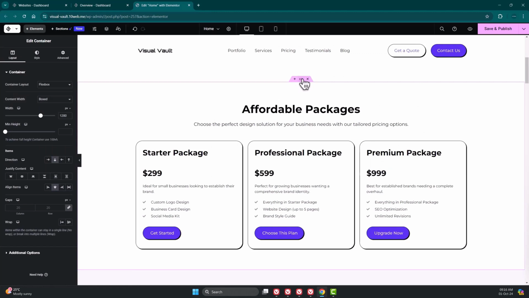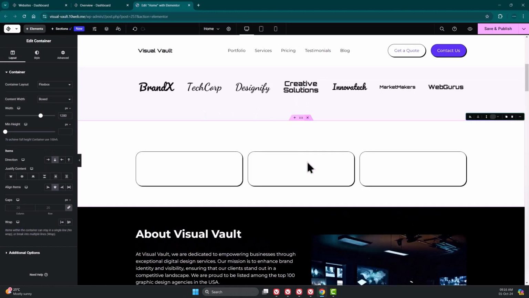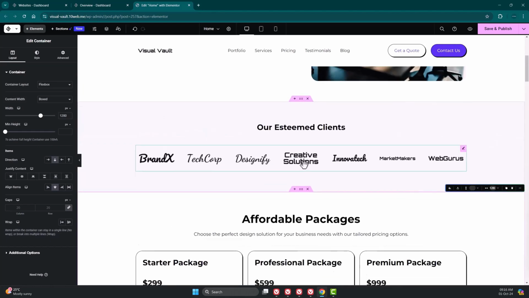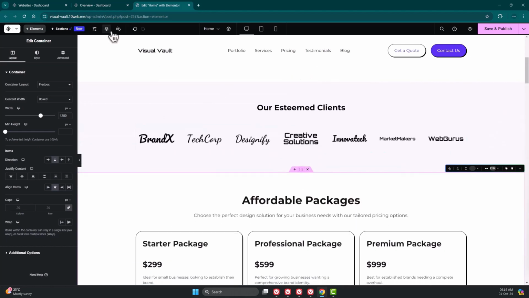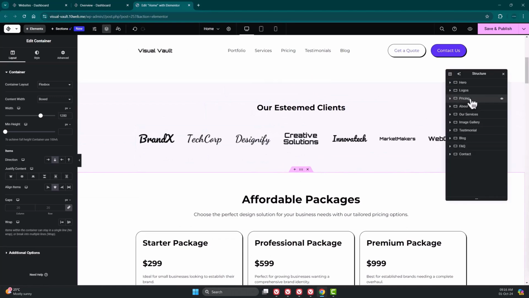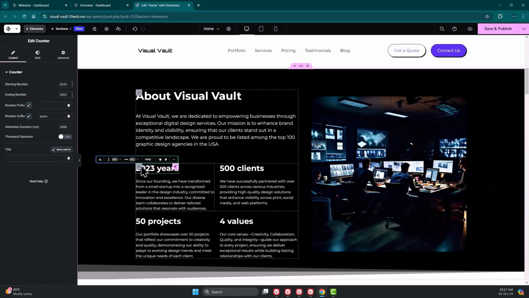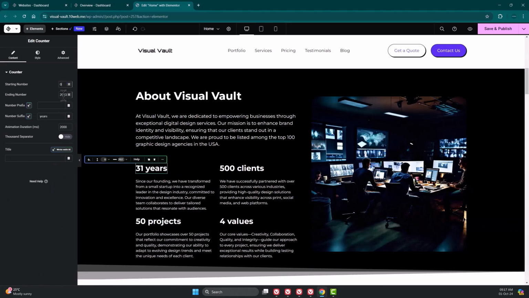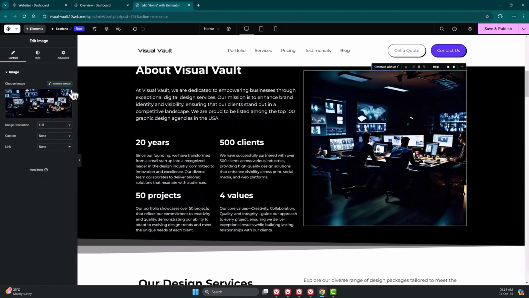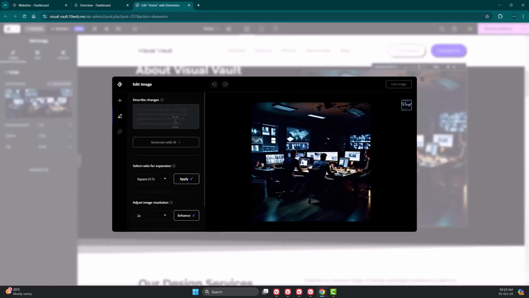You can click and hold any container to drag it anywhere, but this can get messy at times. So the easier option is to bring up the structure panel. You will be able to drag any block to the position you want easily. Clicking on the year countdown, we can change the start and end number to make it count from 0 to 20 years. If you click on pictures, you will be able to generate AI images,